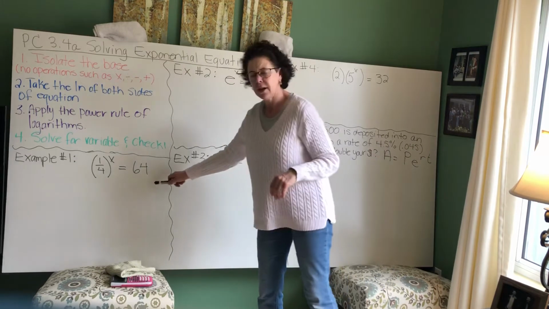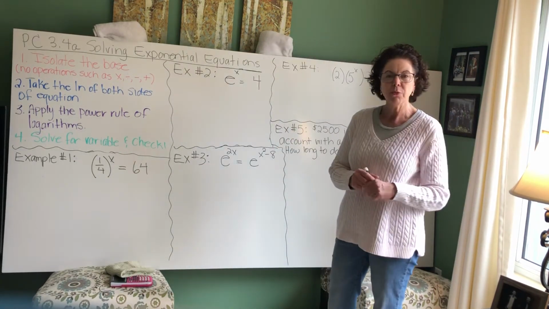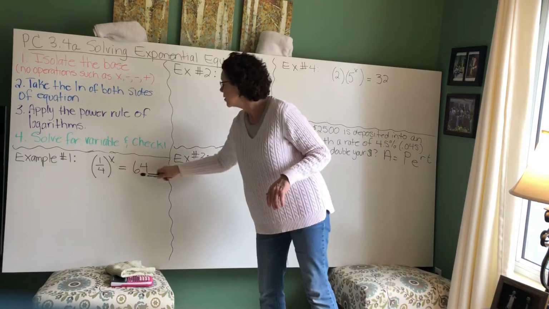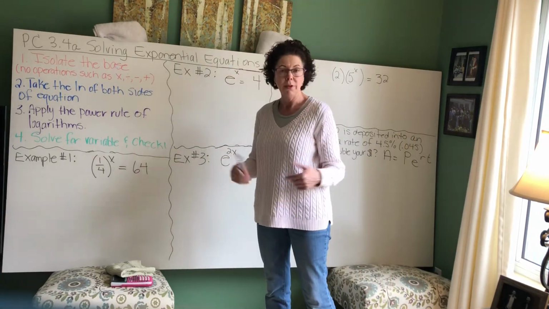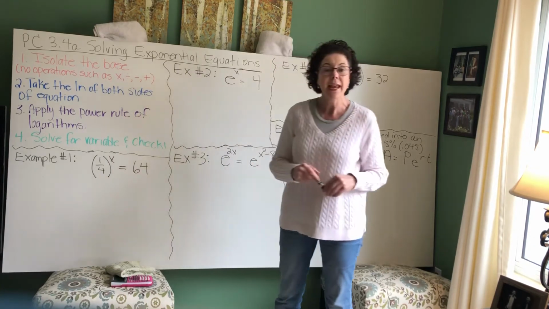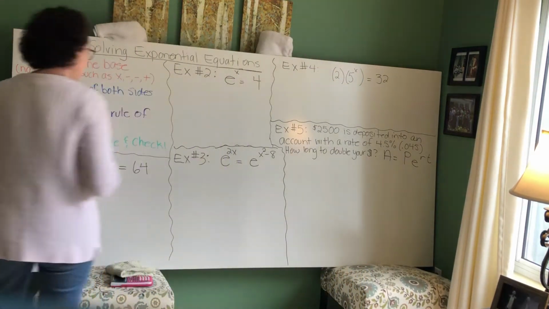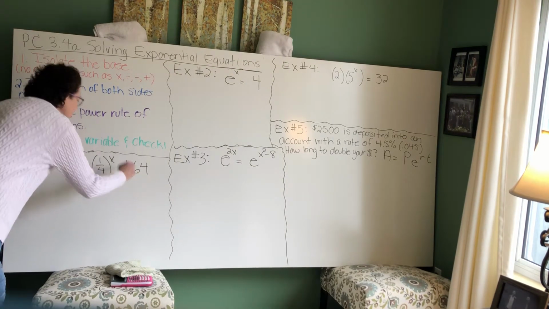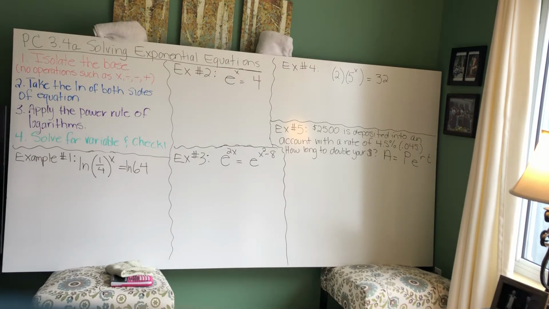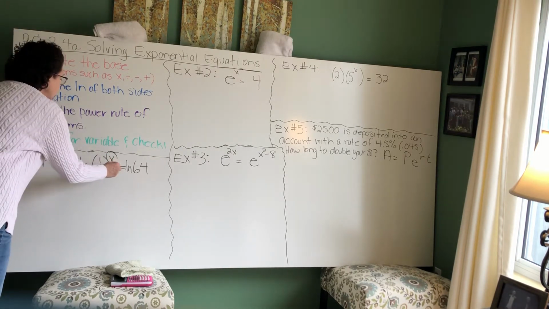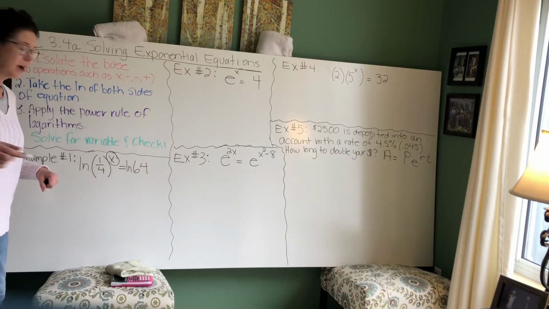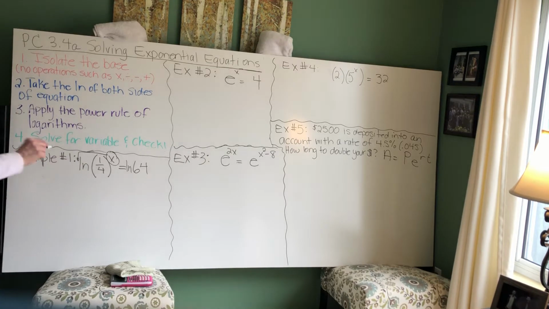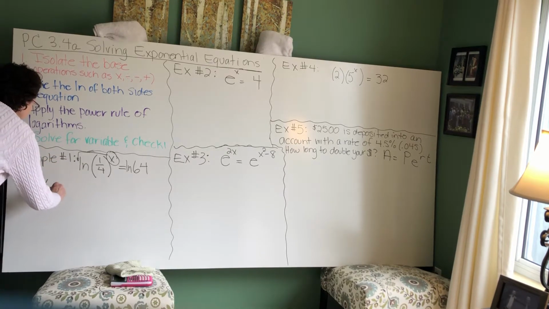We could actually solve this by hand if we wanted to, but we're going to use our calculator to do that. We have a base of 1/4 and 64. They are both alone, they are isolated, so we're going to take the natural log of both sides. So here we go, natural log of both sides. This allows us to bring the exponent that we're trying to solve for out front and multiply it by the rest of the expression. So we have x times